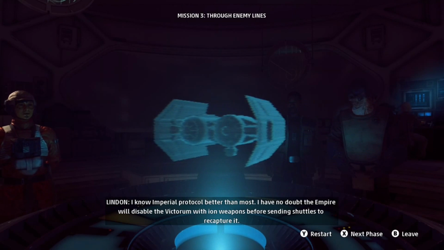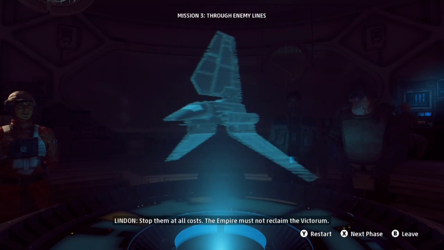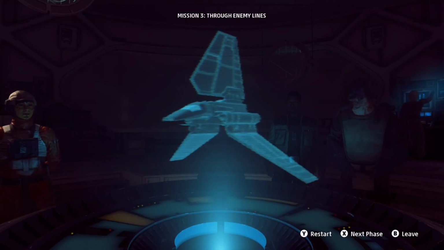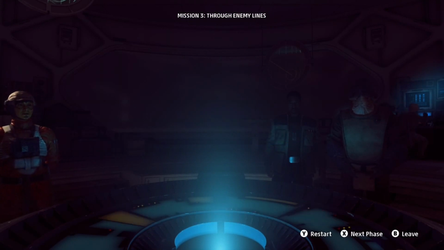I know Imperial protocol better than most. I have no doubt the Empire will disable the Victorum with ion weapons before sending shuttles to recapture it. Stop them at all costs. The Empire must not reclaim the Victorum. Once the Star Destroyer's hyperdrive is operational, cover its escape so it can jump to safety. I'll send you...